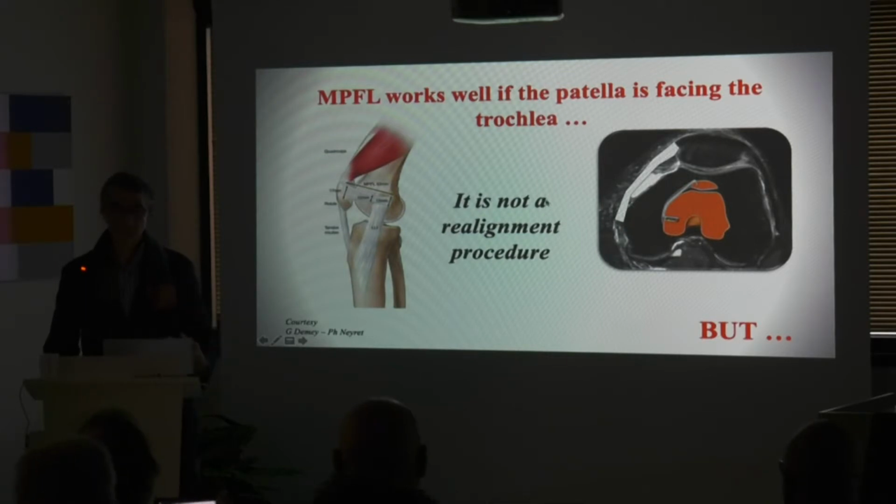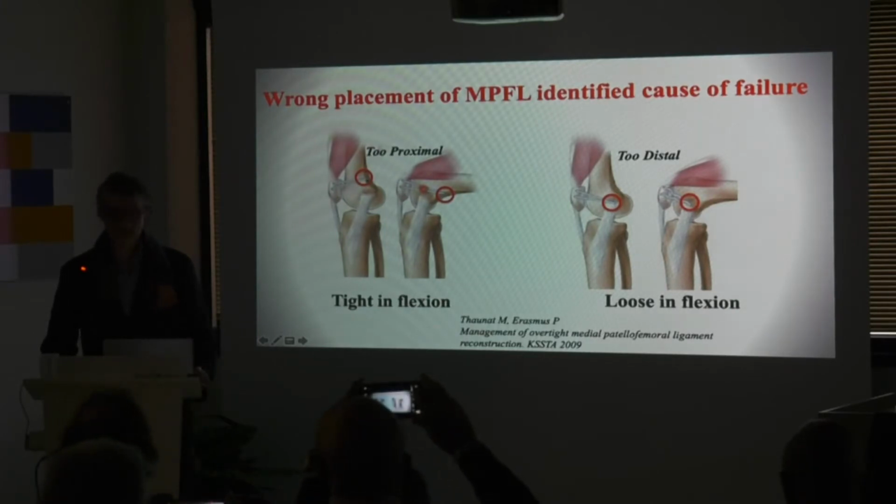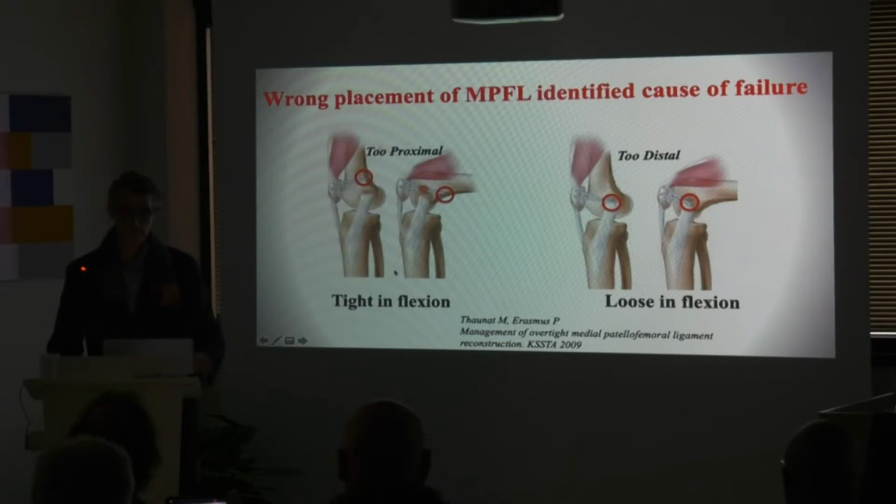It's not a realignment procedure, definitely not. So, if you position it too proximal, you will have tight inflection. It's what we were talking about just before. If you put it too distal, it will be loose inflection. So the femoral placement is very, very important, and most of the time you have some abnormality on the femoral placement, not